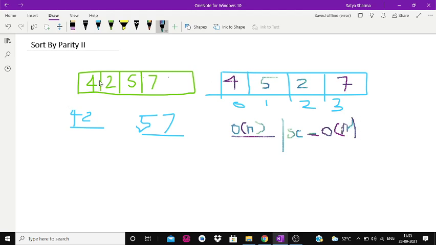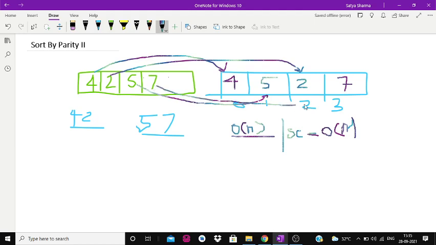We are creating a new array and pushing all the even numbers at even locations in the new array, and all the odd numbers at the odd locations. So we are utilizing order of n extra space. So time and space complexity would be order of n.